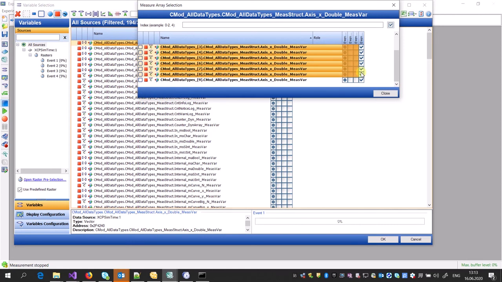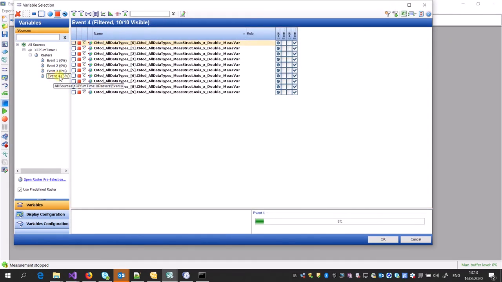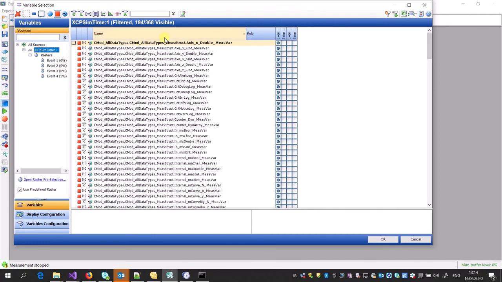And I'm going to select event 3 for this one, event 4 for this one. And if you remember, event 4 was every 5 milliseconds. So event 4, 5% is already full, because in the XCP protocol you can just have 255 variables in one event. 5% of this event is full.